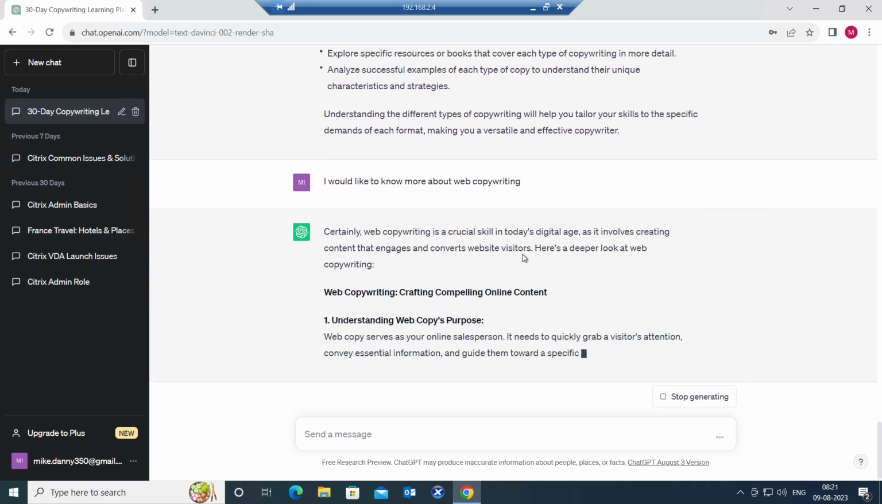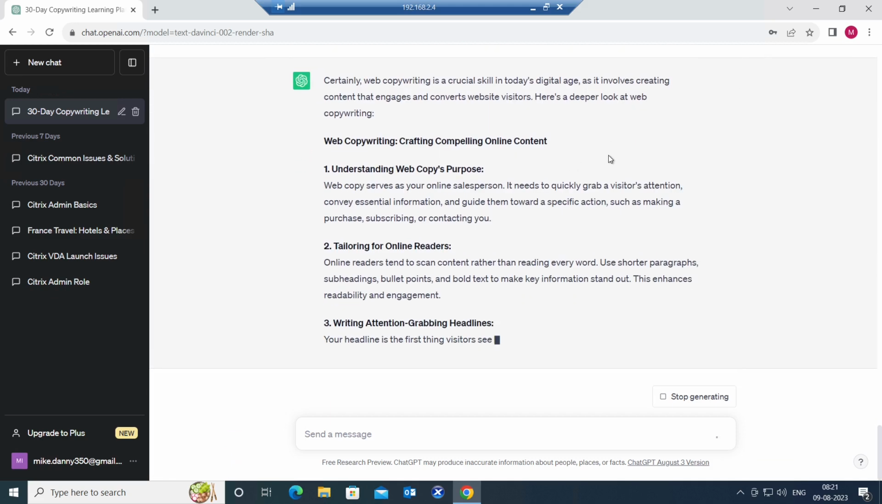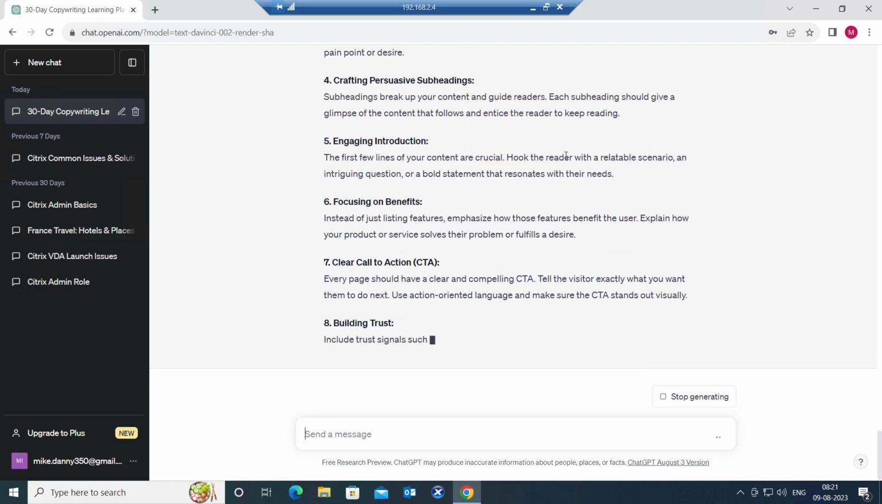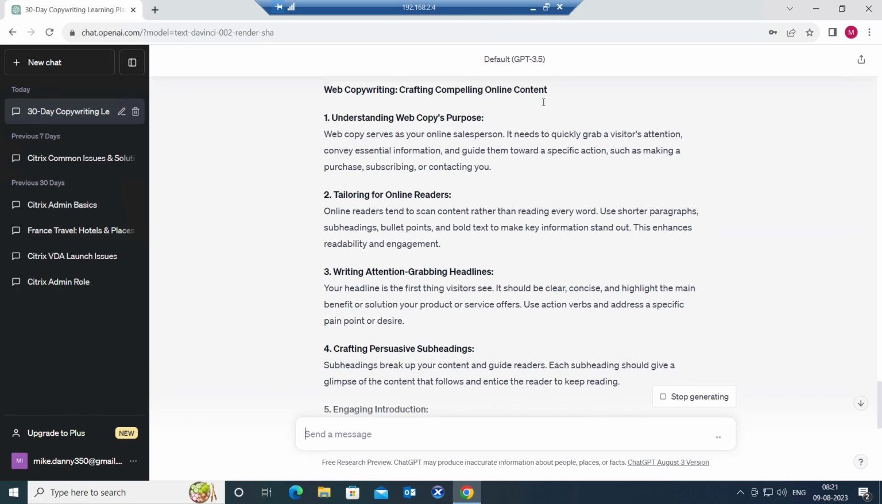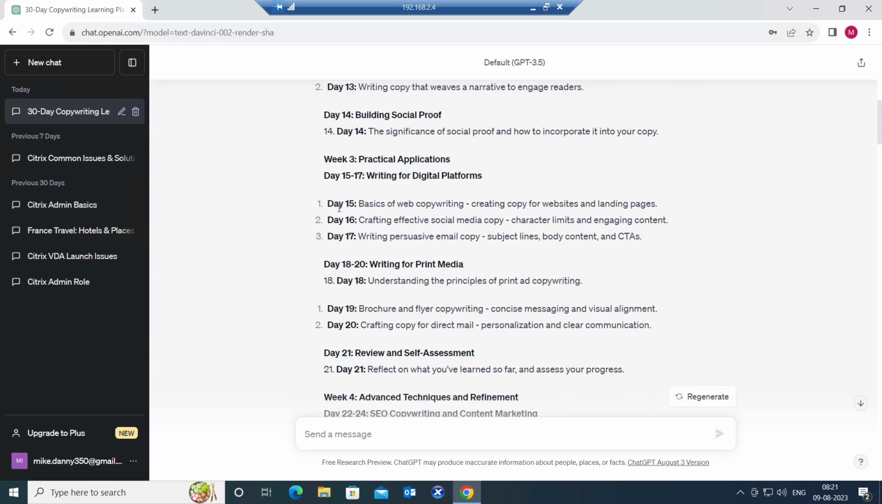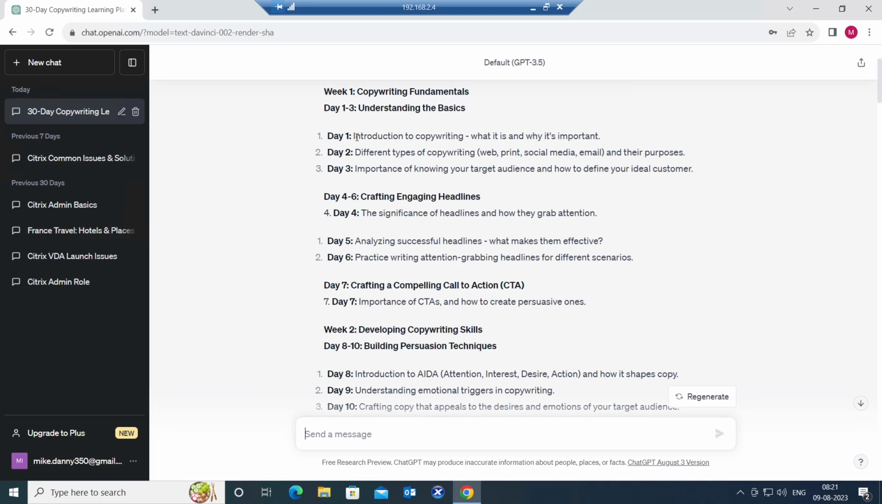Certainly, web copywriting is a crucial skill in today's digital age as it involves creating content. So you are actually going deep into each and every topic. It's not that you are just creating a 30 days plan. Once you get the plan, you can use these days, day 1, day 2, day 3 to day 30. If you want to go deep into day 1, you can go deep into day 1 topics. If you want to go deep into day 5, you can go. So it's like you are learning each and every step. Each and every day you are going deep into the topics, and you can learn each and every topic quite